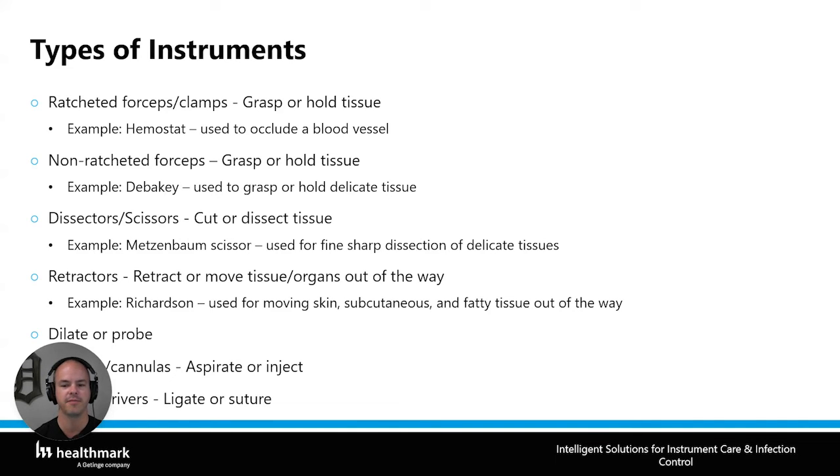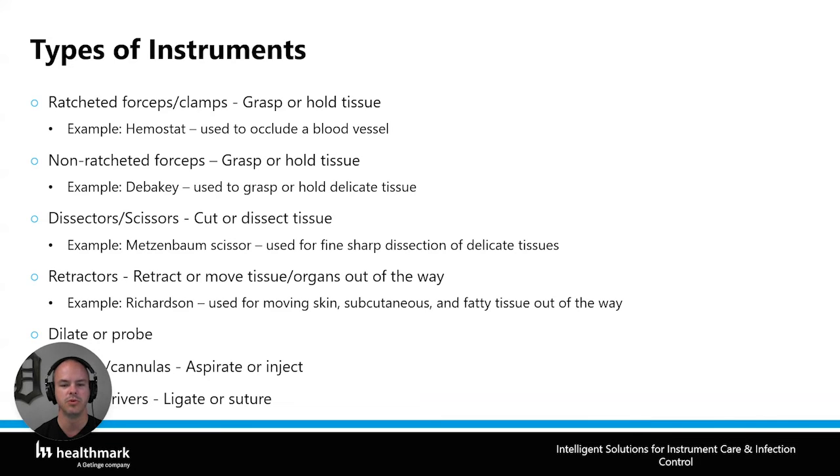All right. And then you have things like dissectors or scissors. These are used to cut or dissect tissue. An example would be a Metzenbaum scissor. These are used for fine, sharp dissection of delicate tissues, whereas a Mayo scissor is used for cutting heavier tissue. You might see a curved Mayo scissor. Still, you're cutting thicker, more tough tissue with a Mayo scissor. Straight Mayo scissors are also used to cut suture as well. So just as an FYI,